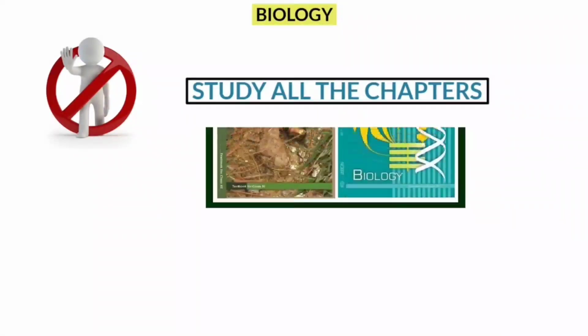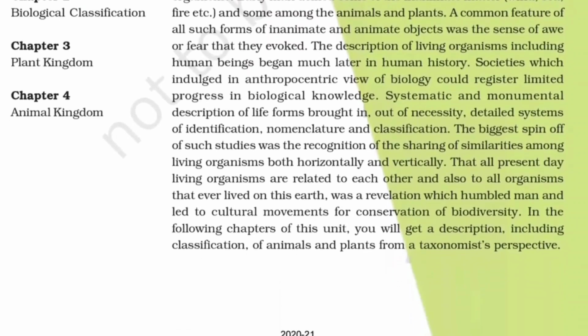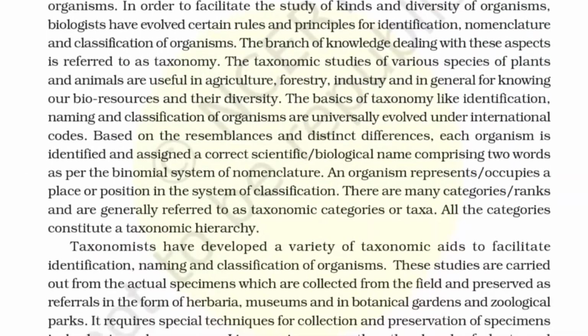Reading each and every line in these 2 books is mandatory. Please don't make any excuses to avoid studying all the chapters of biology. Each and every line you read is very important. Practice drawing the diagrams and mock parts of it. And don't forget to read the chapter introduction notes and summary, and also the supplementary if you are using Bold